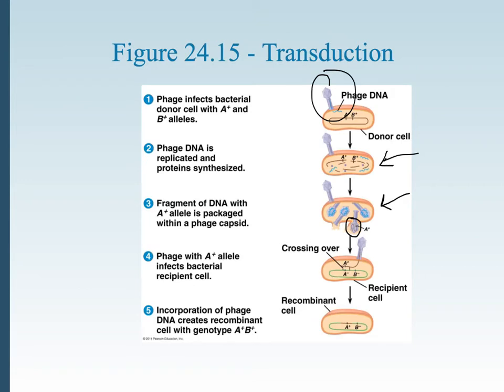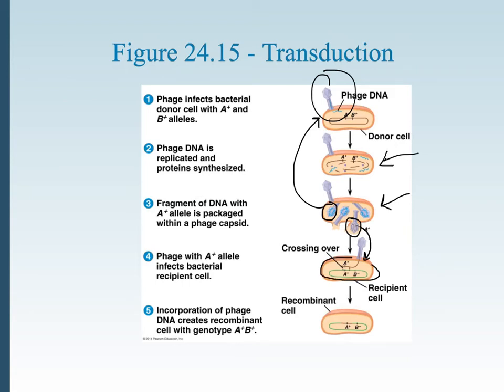That particular virus, during the process of self-assembly, did not pick up viral DNA. Instead, it picked up prokaryotic DNA. But then that virus, because it's programmed to do so, is going to float around and find another prokaryote to try to infect. Only this time, instead of having the blue DNA that's going to repeat this process, it's got this brown chunk of DNA that is actually going to be contributed to another prokaryotic cell, and rather than undergoing this lytic cycle of bacteriophage infection, what it's going to do instead is inject that DNA, and crossing over will